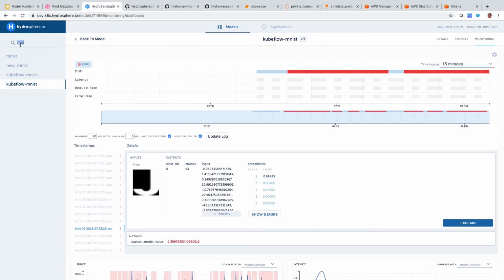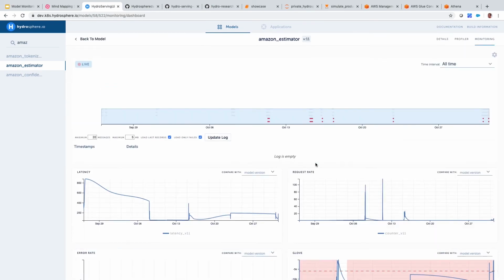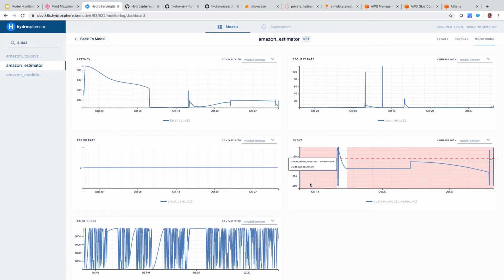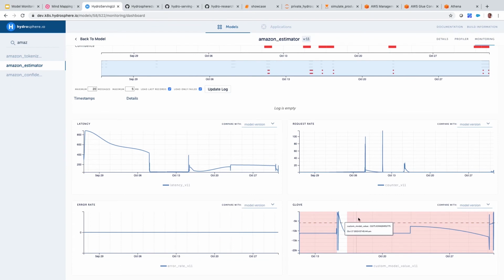Just a few other examples, like the text use case, for instance. I'm not going to run this simulation, just to quickly show you. This one is just a cluster-based monitoring for this text input. The use case is Amazon reviews. We trained the model to get I think the sentiment from the Amazon reviews, and then as an experiment, we're sending slightly different messages from